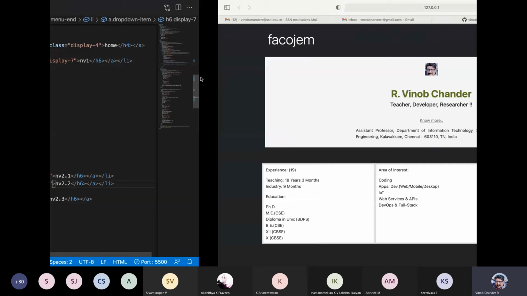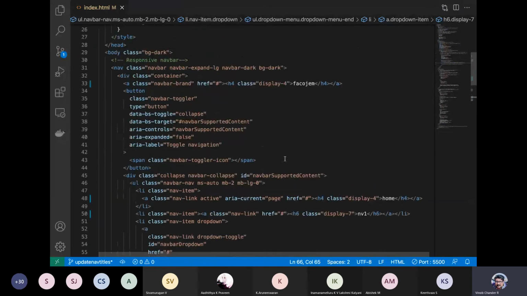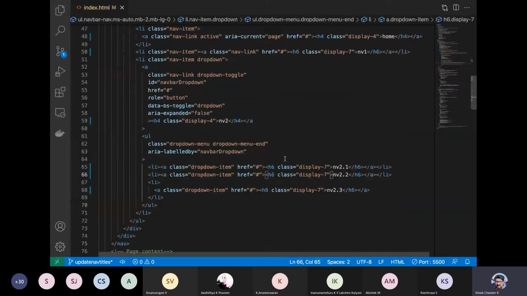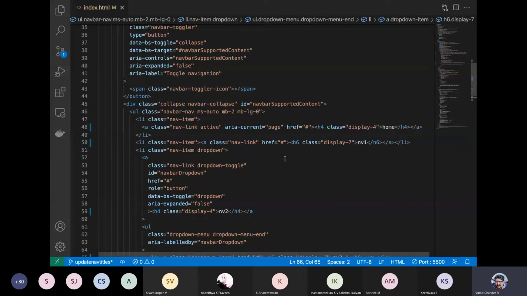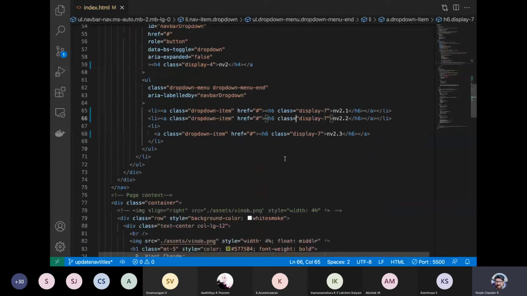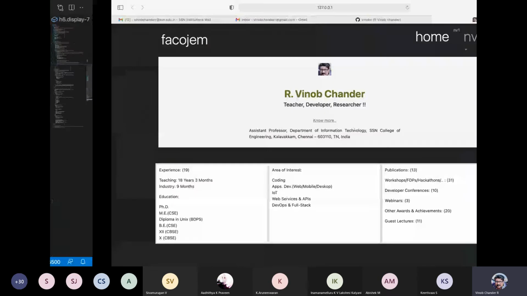Quite strange. Is there any kind of semantic error or something like that anywhere, guys? Sir, what does display 7 do? Display 7 is just a Bootstrap class that we are using. It just gives a much different look. For example, display 4, see this?